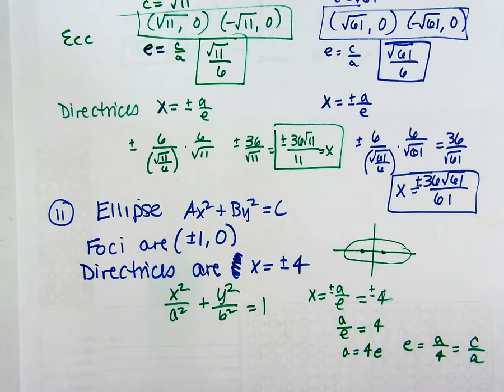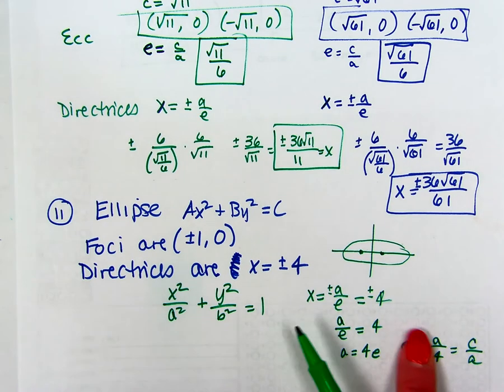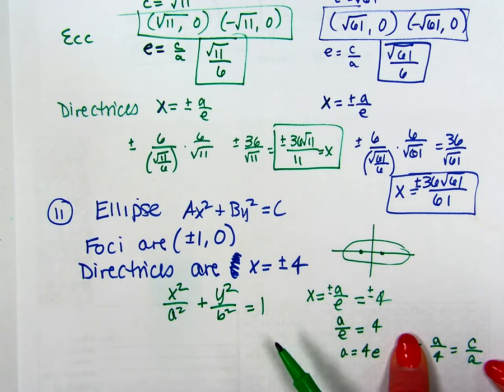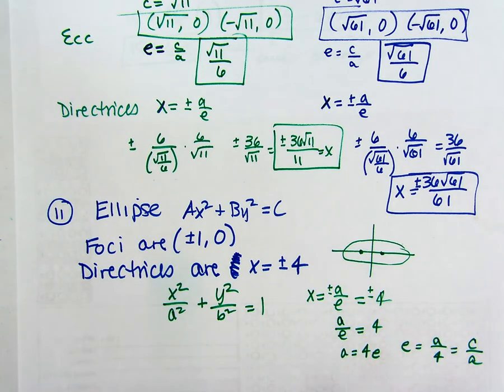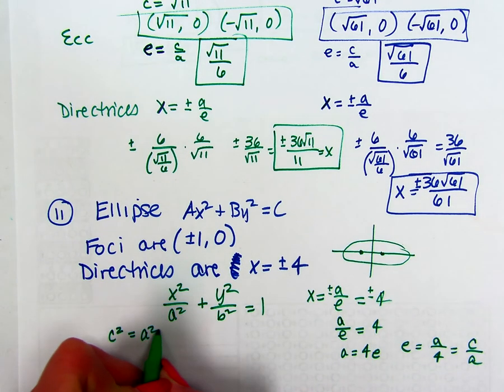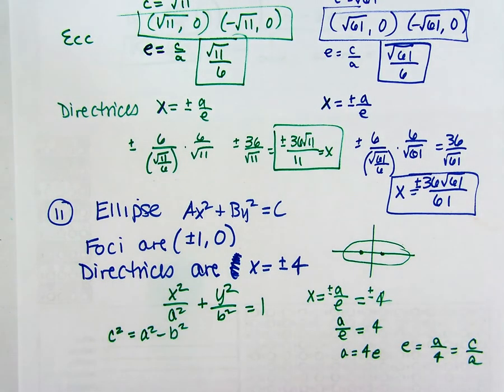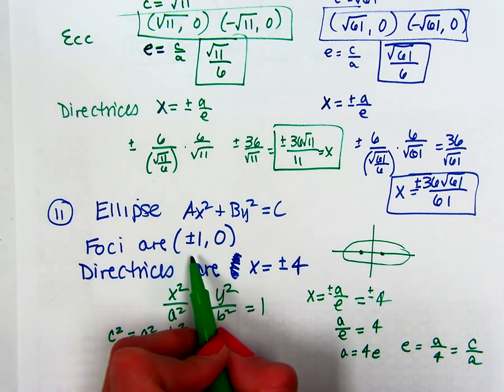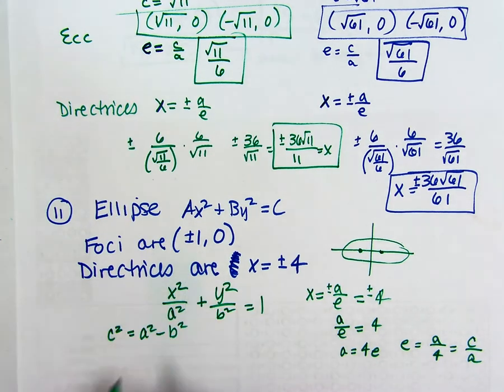Okay. But now I got too many variables here, right? So I know the eccentricity is a over 4, which should be my generic equation, c over a. So we're going to solve this, but I have a's and c's. So how can you find c? Well, for an ellipse, I'm always going to use c squared equals a squared minus b squared. So do I know anything? This gives me one of those letters. Remember, foci tells me c. So 1 squared equals